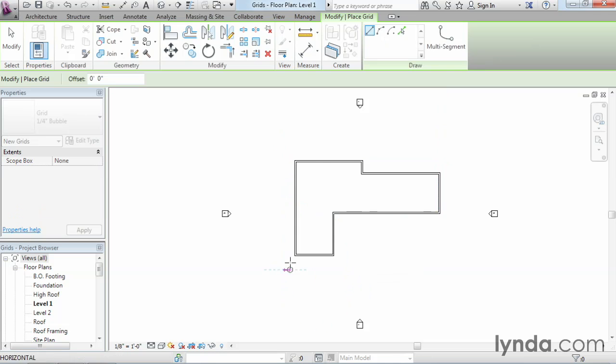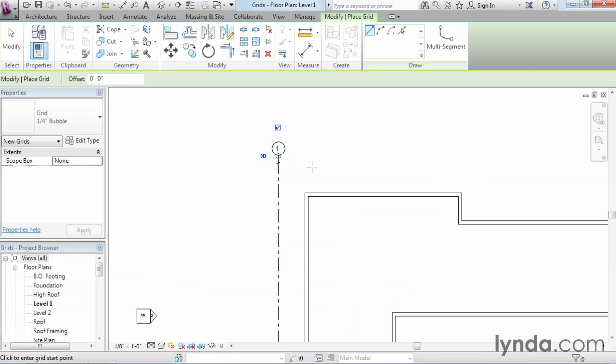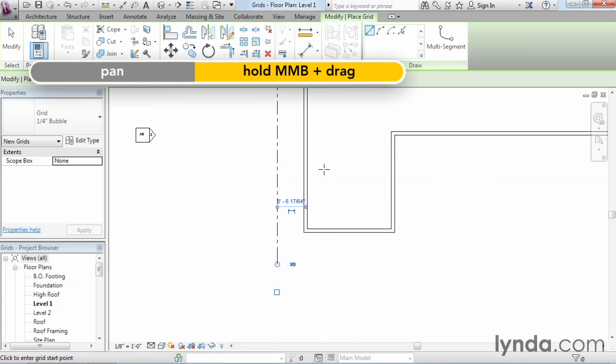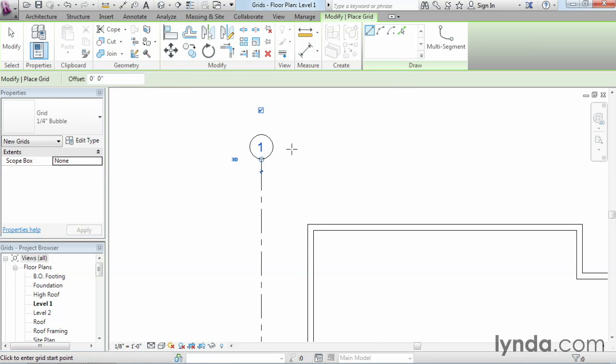Now, I click my first point down here, and the second point can be anywhere I like. In fact, it can be at any angle, but I'm going to just draw it straight up to stay parallel with the building and click my second point. Now, what you'll notice right away is that Revit creates a grid bubble at the second end. The first end has no bubble, the second end has the bubble, and it automatically numbered it as grid number